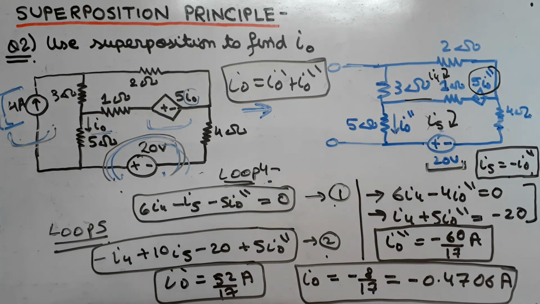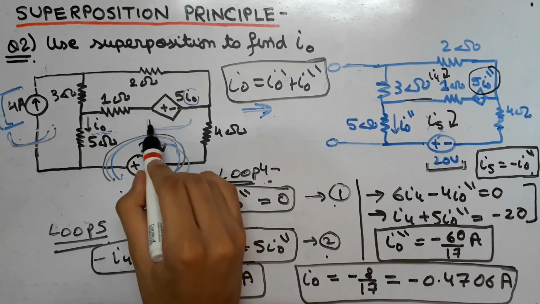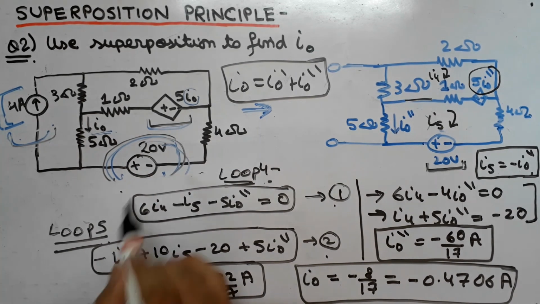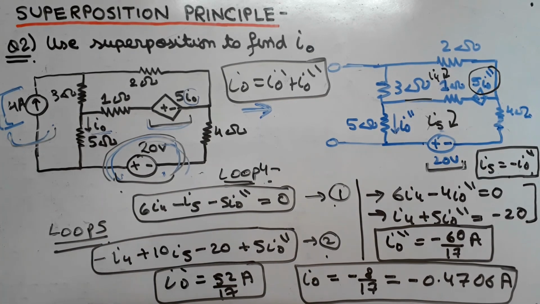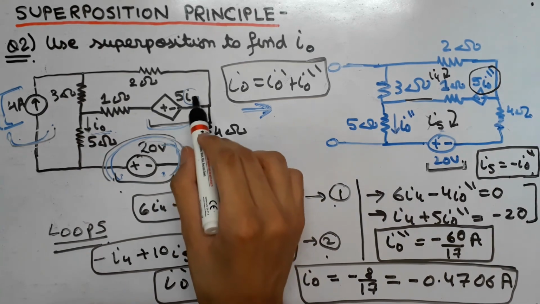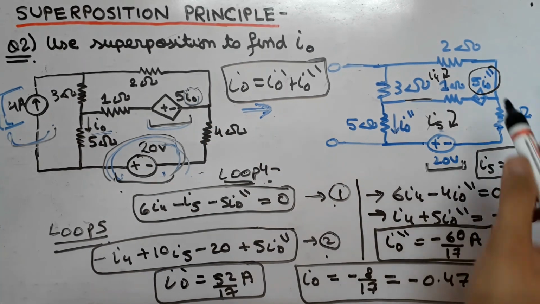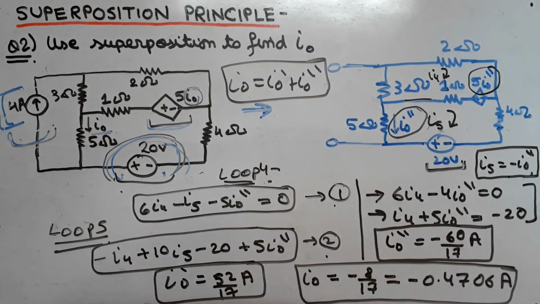Now guys, this was a very important question, as we had a dependent source and two independent sources. You must have noticed that we only changed the notation of I naught dash as it was a variable in the circuit according to the independent circuit that we considered. Now this is our final answer. We have got the value of I naught that we wanted to find using the superposition principle.